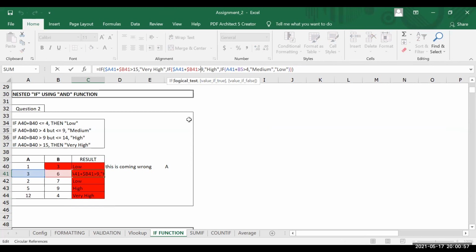Why is it not giving this? For the medium it should be... We can use the AND condition, right? In order to check both conditions with the AND operator. Like the one which I pinged in chat, I'm getting the output for that.